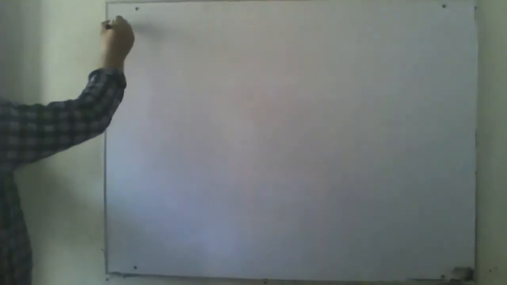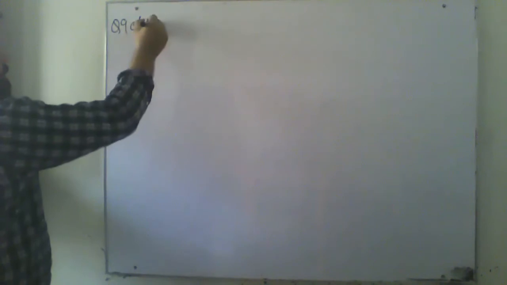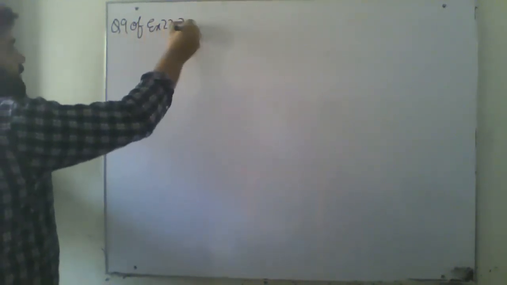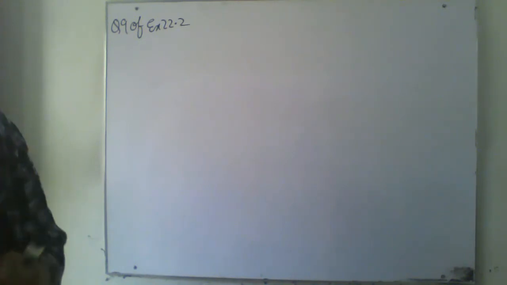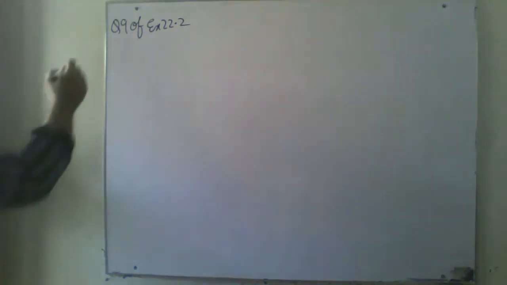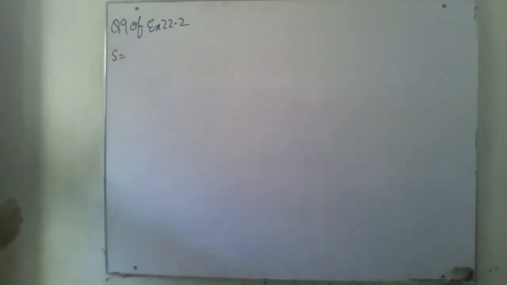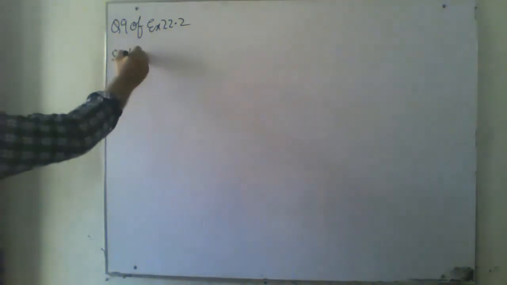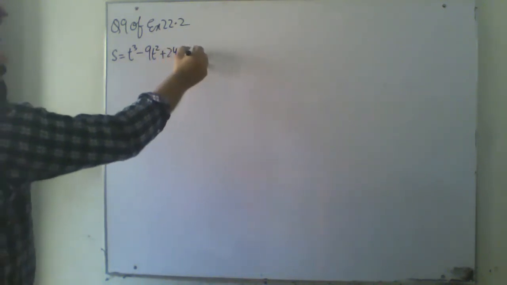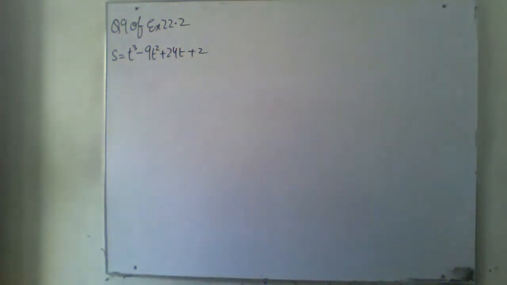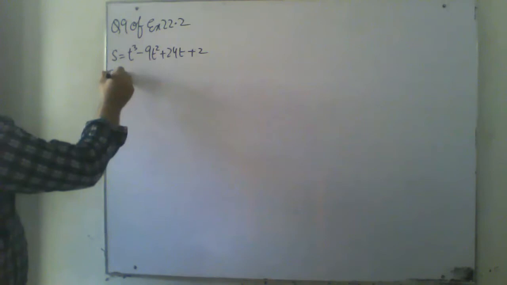Okay. Question number 9 of exercise 22.2. In this question, they are saying a particle moves in a straight line so that its displacement after passing O is given by S equals t cube minus 9t square plus 24t plus 2. Okay, this is given. And in part A, they are asking for